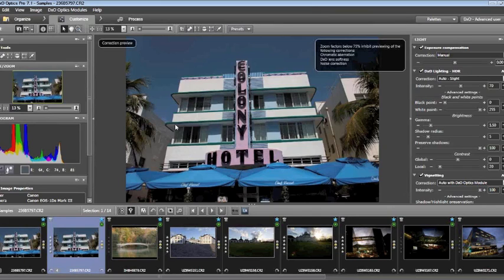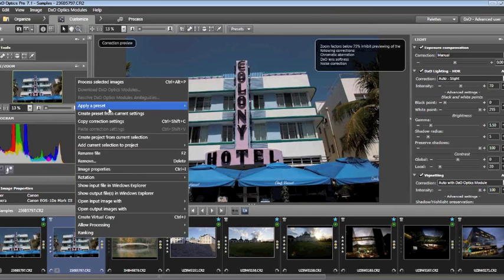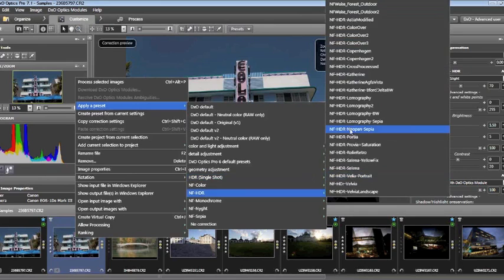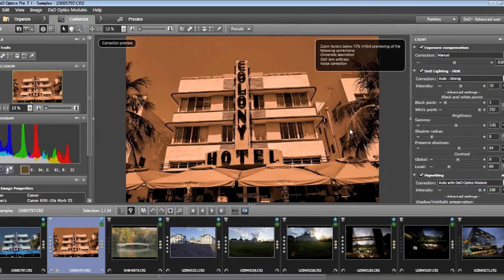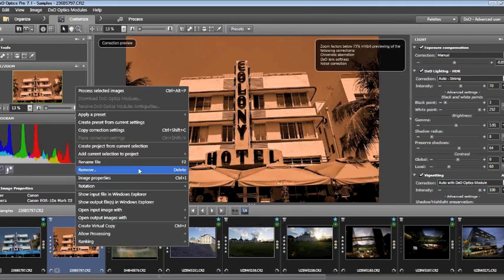One of the questions that came up a number of times in the previous 2 webinars was, suppose I apply a number of settings, and I'm just going to quickly apply a preset here. What if I apply a series of settings and I want to very quickly remove them? Or what if I take a preset, apply it, and make all kinds of changes and then want to go back to the original image? Well, the longer way, of course, is to use the undo feature, and you can see here that I've highlighted it. The other way, which we have found most effective within DxO, is to use one of the default